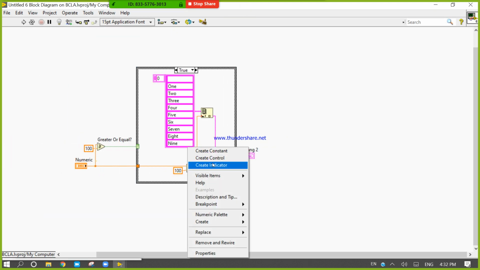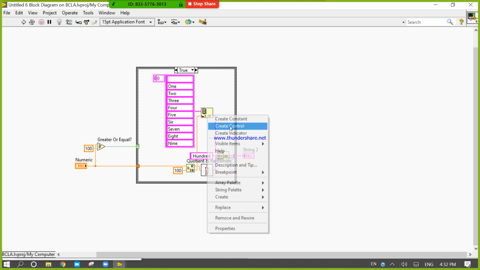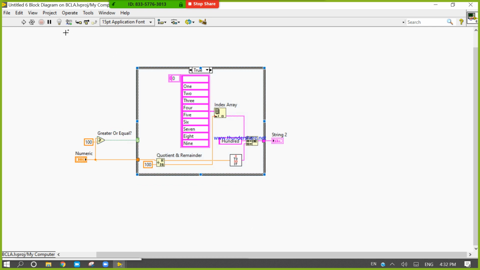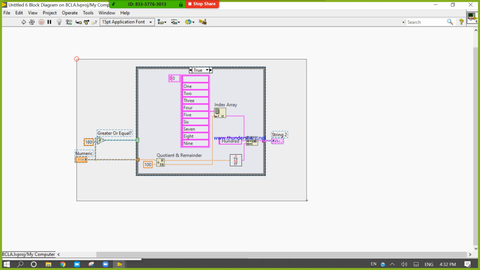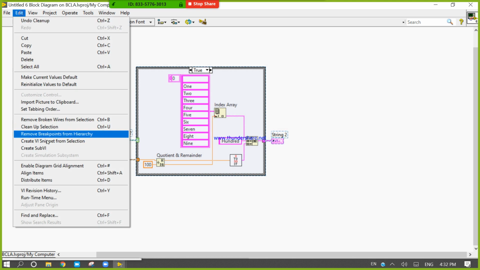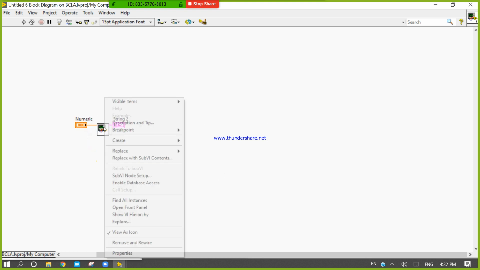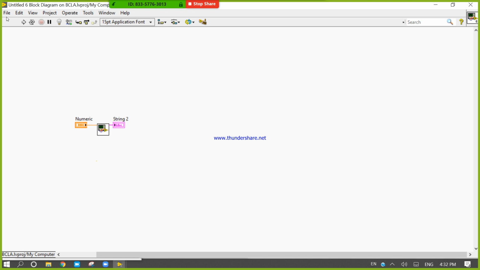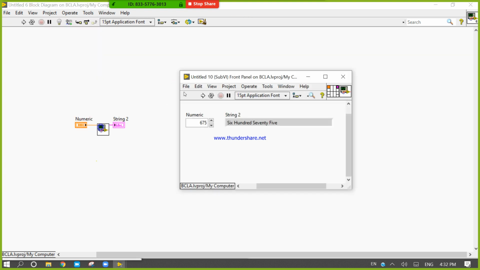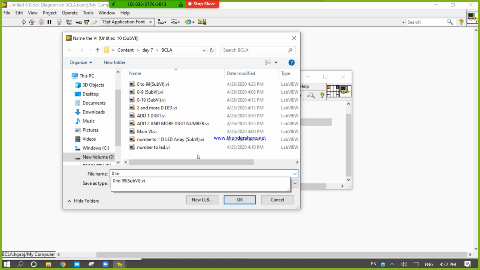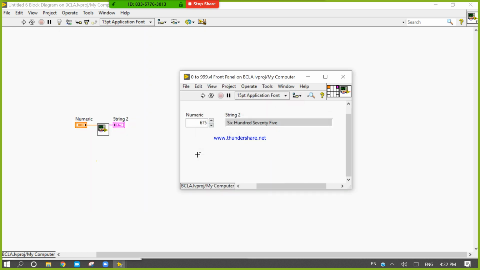I will design here by the quotient and remainders. Now Control A, delete. Going to save it. Double click. Save as 02999. What will be the benefit? Let's discuss here.